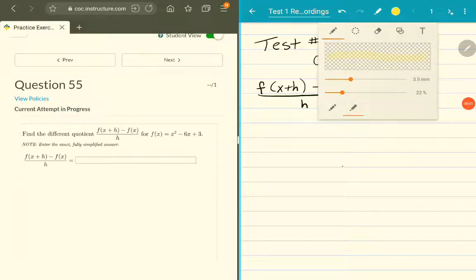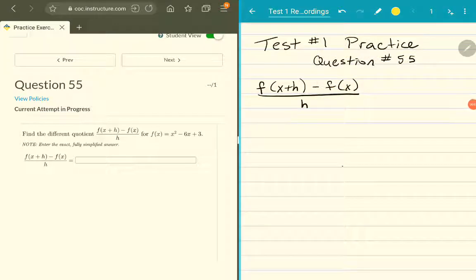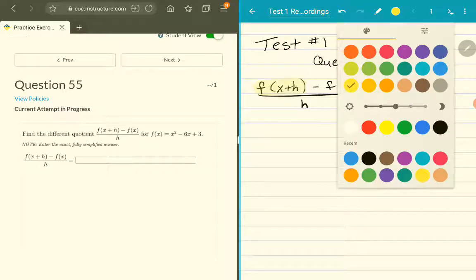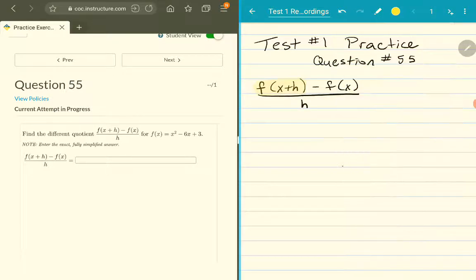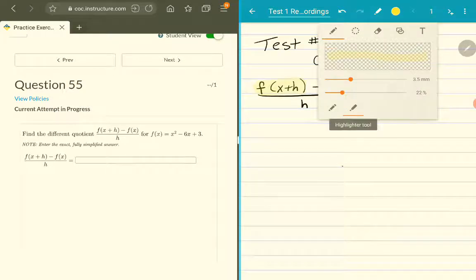In practice, on the practice test for test number 1, question 55, we're looking at the difference quotient for this function, x squared minus 6x plus 3. So with my difference quotient, my numerator has these two parts. I have f of x plus h, and then I subtract, or you can think of it as adding a negative of